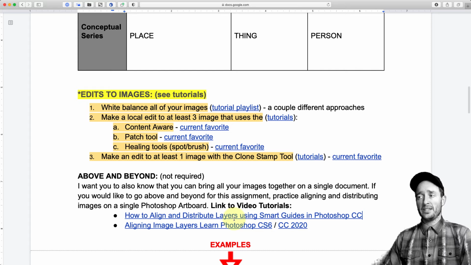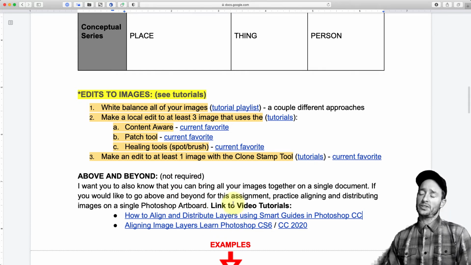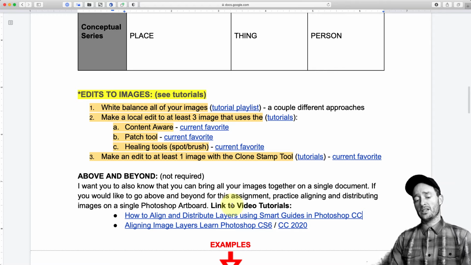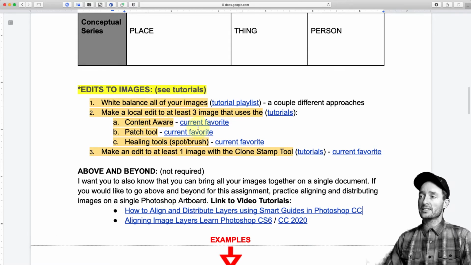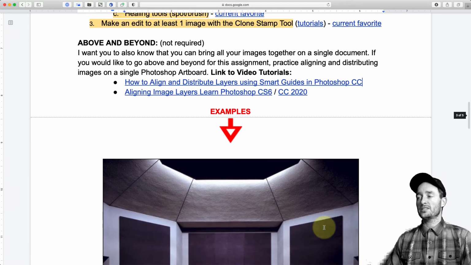If you want to go above and beyond, it's not required. I give a couple more tutorials here on also aligning and distributing images on a single artboard within Photoshop. Go ahead and look at those videos too if you'd like, and if you want any help, don't hesitate to reach out. I'll come back to these in a second, but I'm going to go through these examples real quick